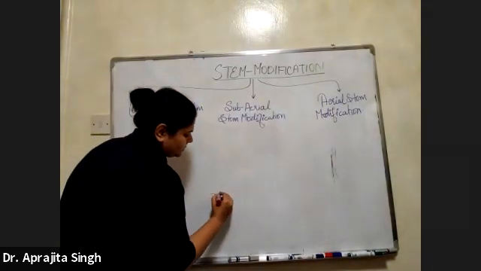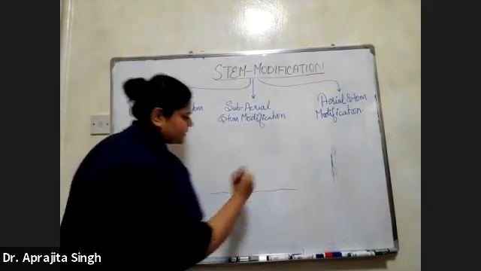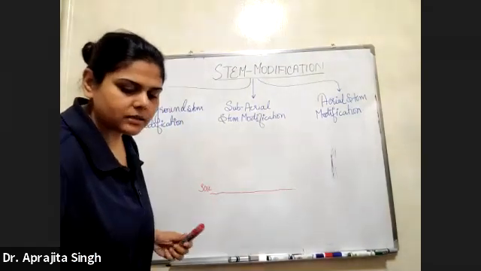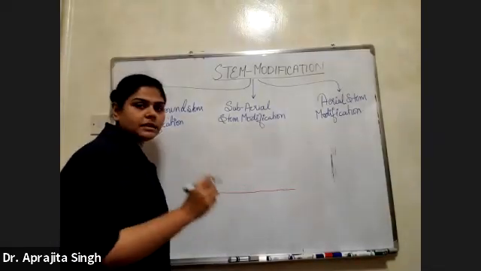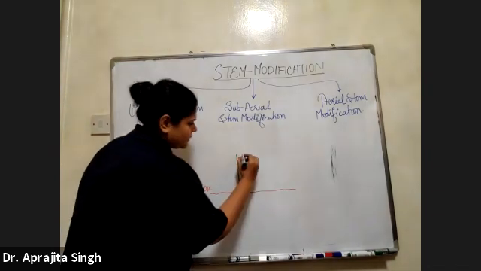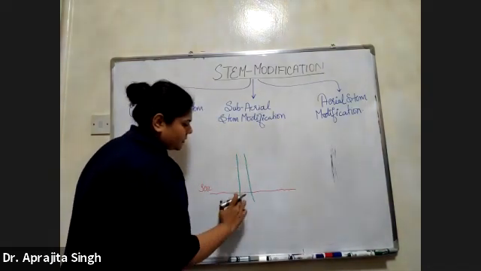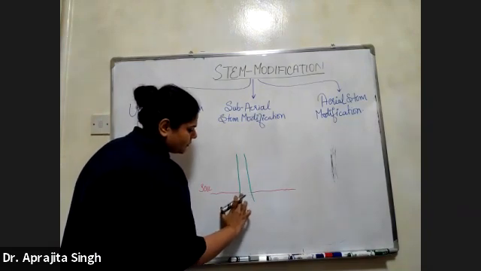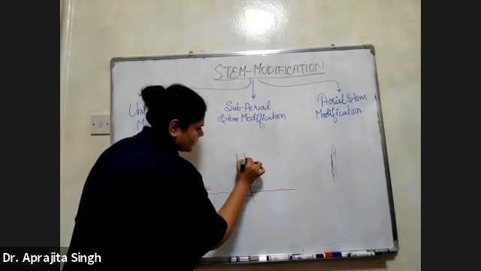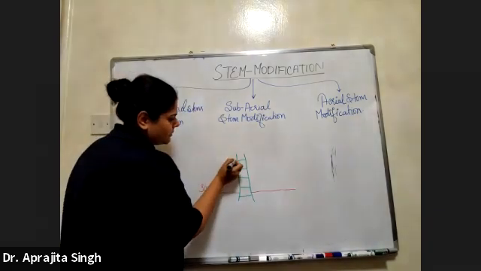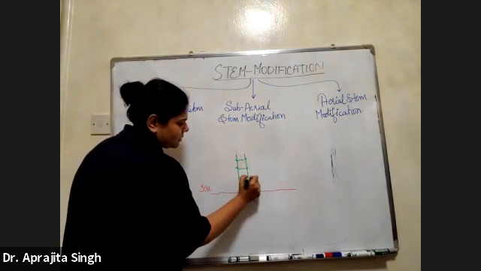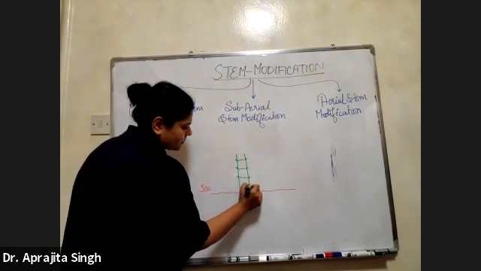See now, this is the soil. Now I will make the stem with the green. Tell me if it's not visible. What are the features of this stem? They have nodes and internodes. They have an axillary bud. Remember? They have nodes, they have internodes. Yes or no? Yes, ma'am.